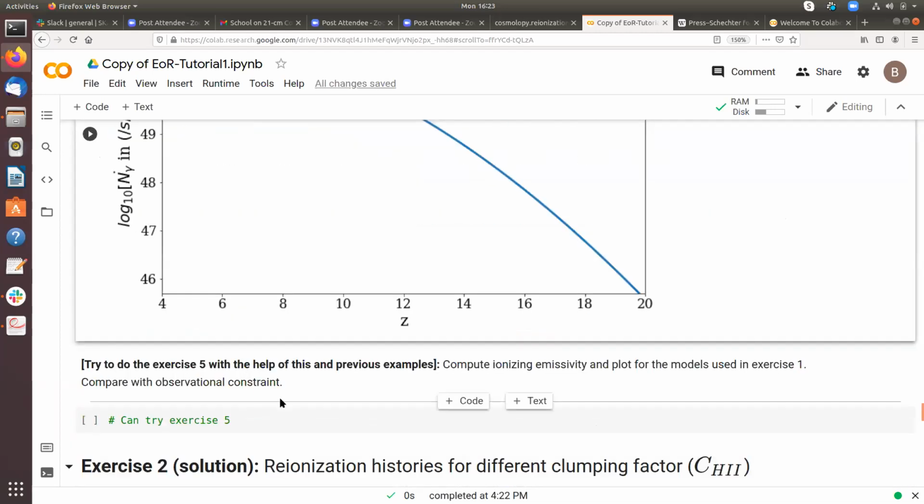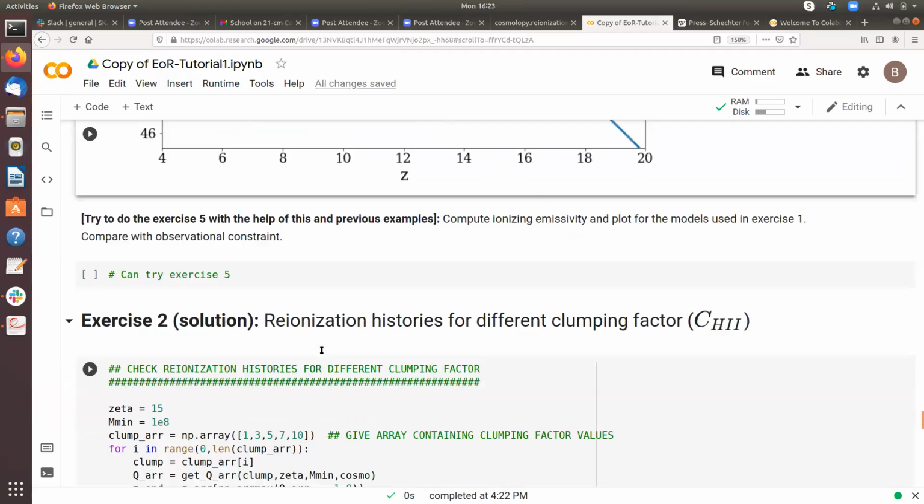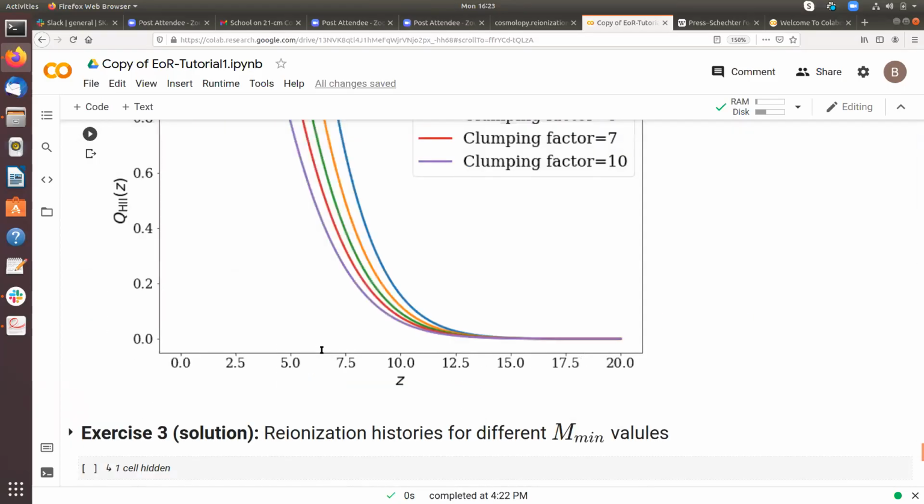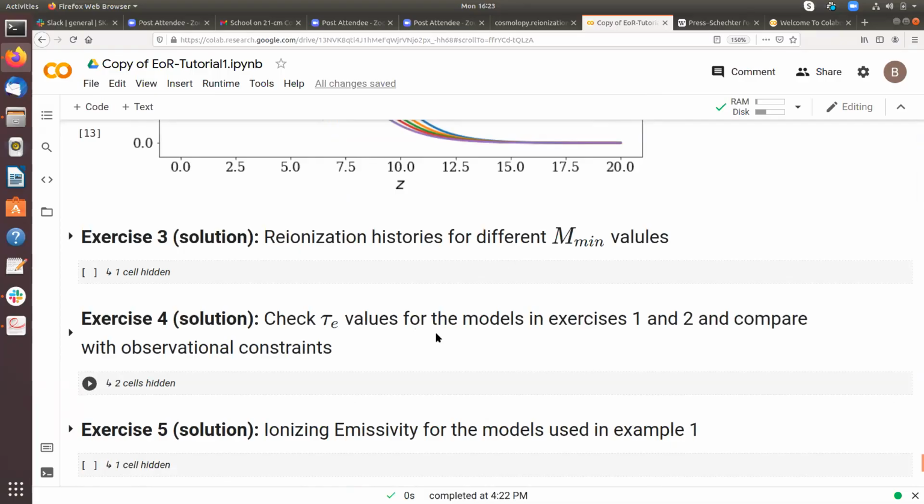If anyone has done the exercise for the optical depth calculation, let me know. I can show what you should get from there.